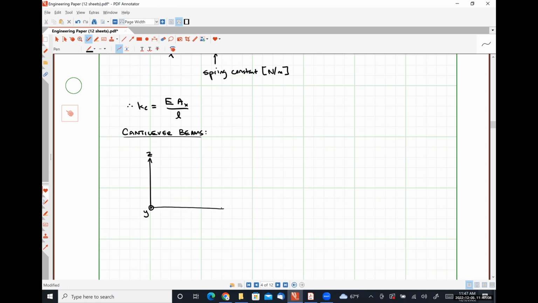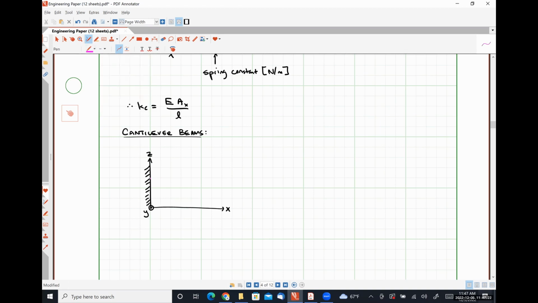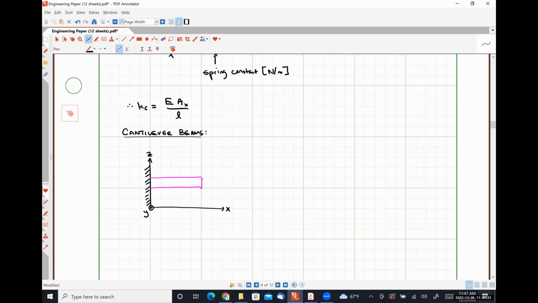Here's our Y direction. Here's our X direction. Let's consider this to be anchored at X equal to 0. Here we have our beam. If we apply some force in the Z direction,